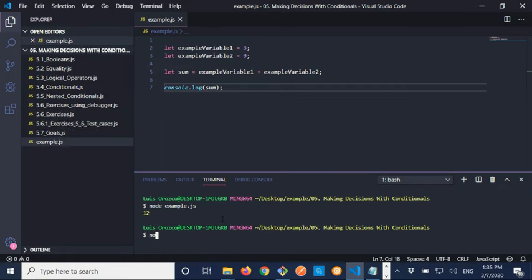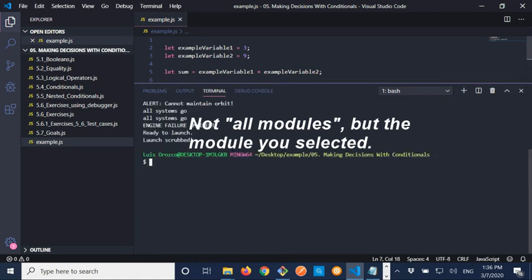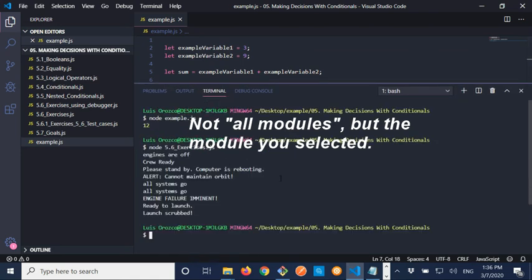So I'm gonna do node 5.6 exercises.js. Boom, and that runs all my modules. You can see the output here. Okay, so that's how you do it,